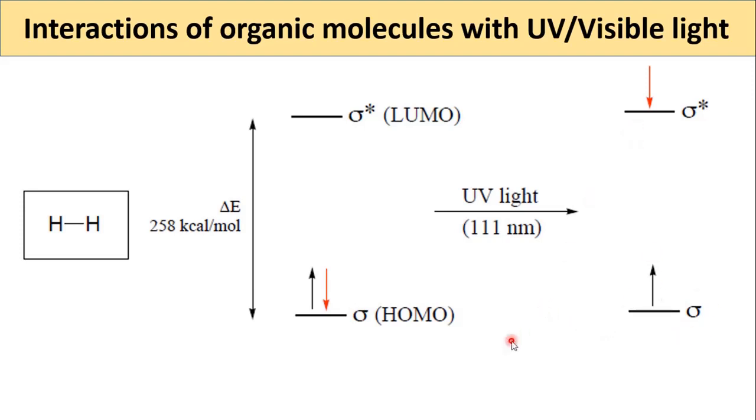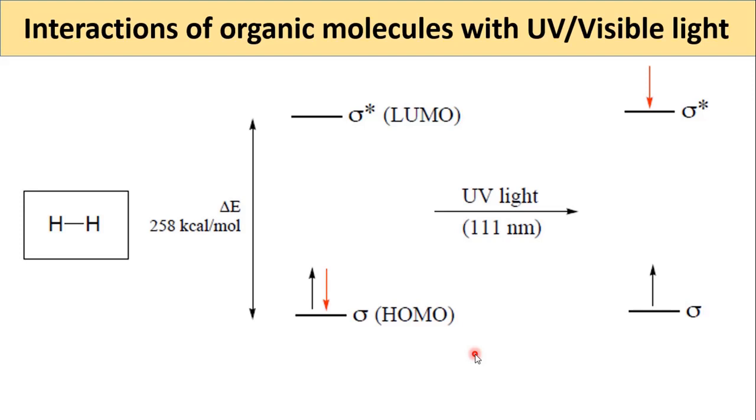Now the problem is, generally the UV visible light spectrometers which we have analyze the spectrum only after the wavelength mark of, you can say, 240 nanometer. So it is a very difficult task to analyze the absorption at 111 nanometer. So we call the hydrogen molecule a UV visible inactive molecule. It means it is very difficult to observe the UV visible spectrum for hydrogen gas, or you can say for a single bond,